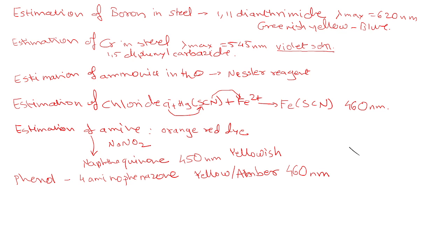Very interesting thing is spectrophotometric titration. How is titration different? So here is estimation of copper using EDTA. Okay, when EDTA is treated with copper, it gives the absorbance at 660 nanometers. Then lambda max is 660.